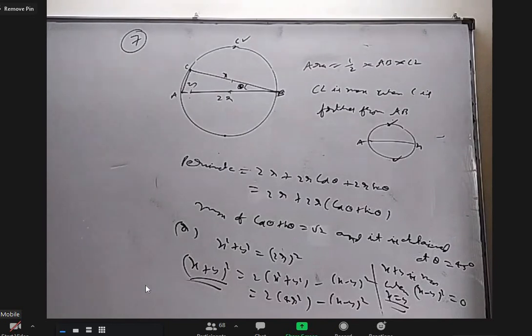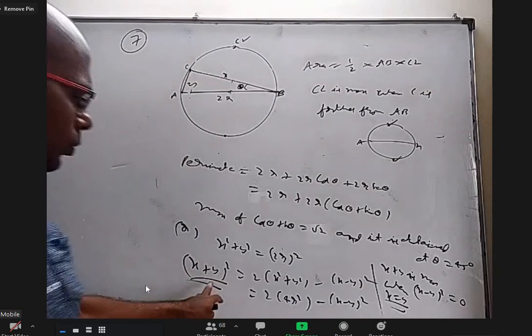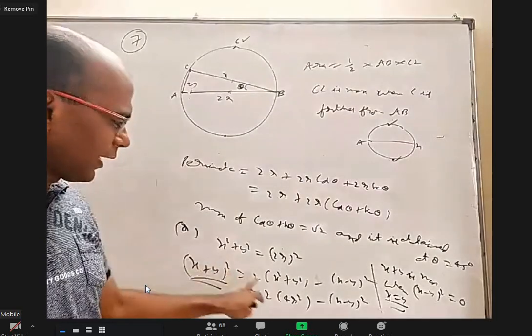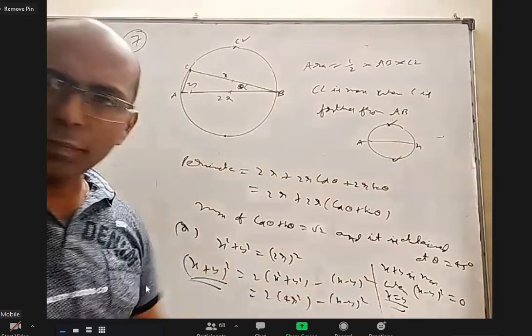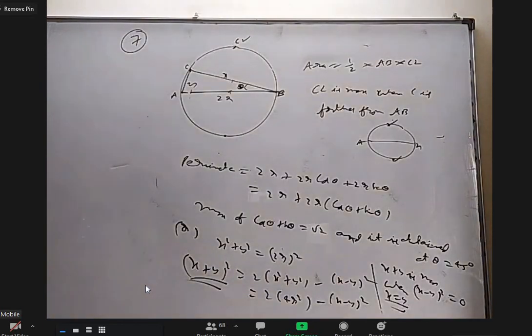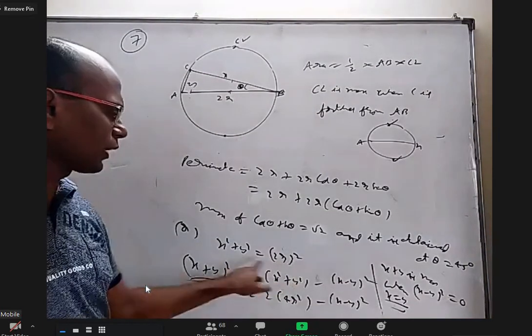Sir, once again repeat the below part, sir. Which one? Perimeter? x square plus y square is 2r whole square. How did that one come, sir? Oh, a plus b whole square. Can I write 2 into a square plus b square minus a minus b whole square? Yes, sir. Okay. And x square plus y square, I already know is 2r whole square.